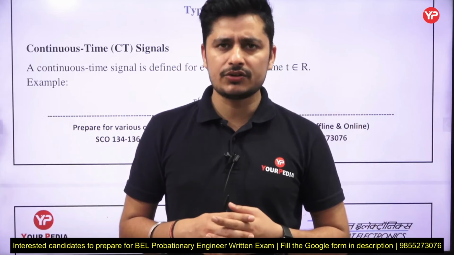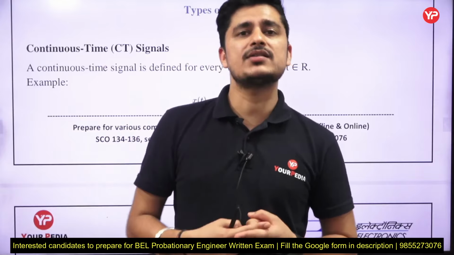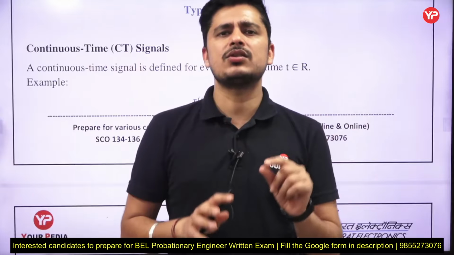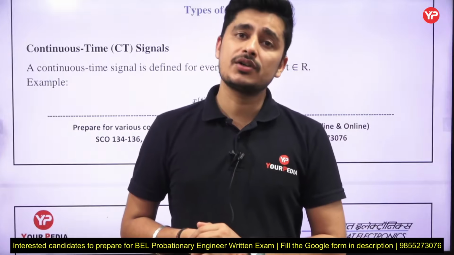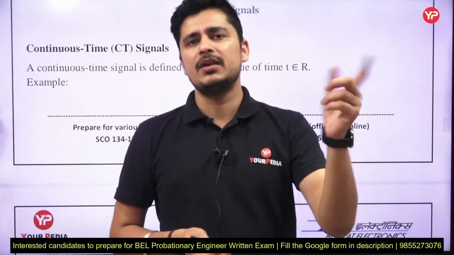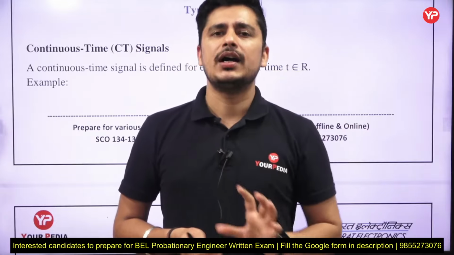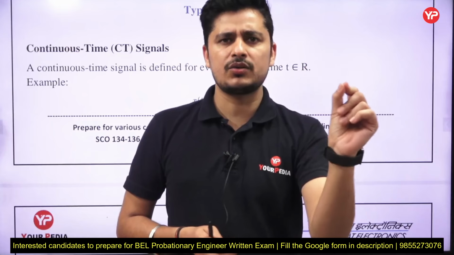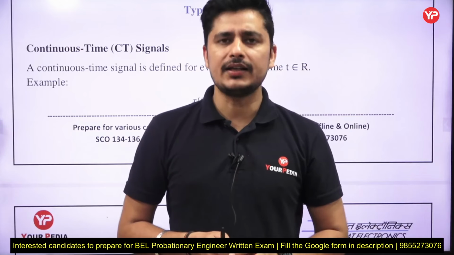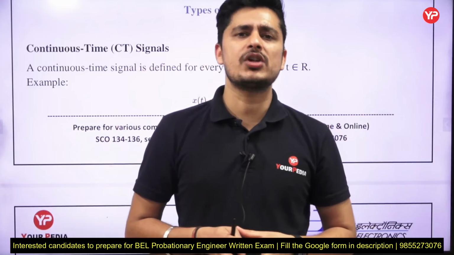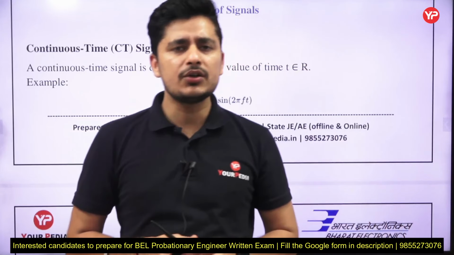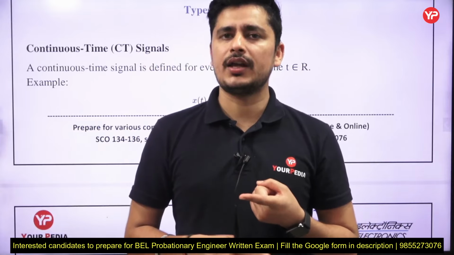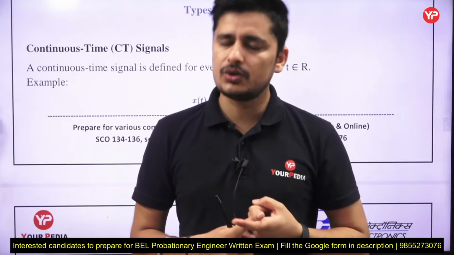Let's take a video signal. A video signal is a function of time as well as space coordinate, because if you are displaying a picture on the screen, every pixel has its location, and you have to send a signal which is a function of space coordinate as well as time, that at this particular time you have to show that much brightness. After, let's take, 0.1 microsecond, you have to display this brightness, like that, right? So when you are seeing a picture or a movie, you are seeing a video signal, which is a function of time as well as space coordinate. And in photos we have only space coordinate functions, right?